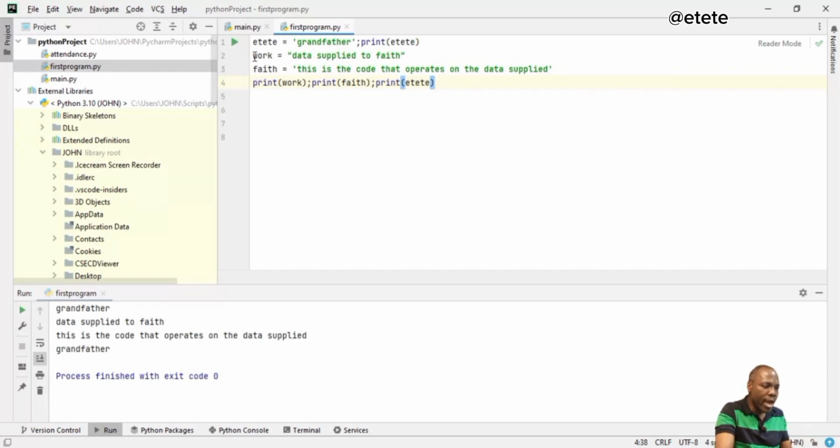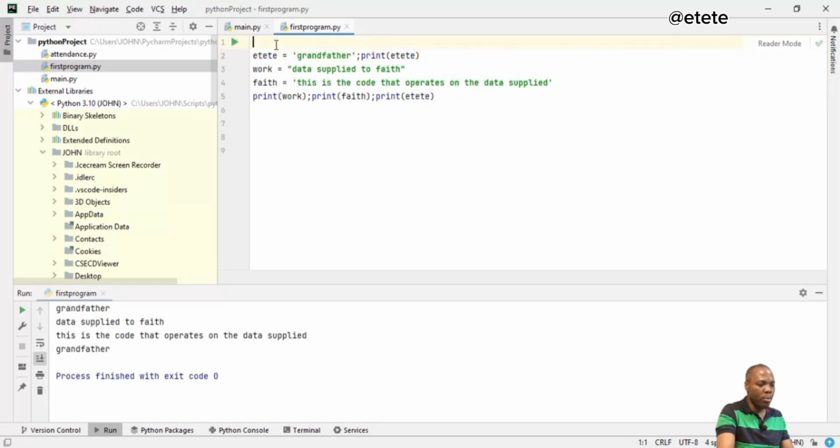I can come here and comment this work. I can come here and put this hash. So the moment I put hash, you can see that this has changed. Automatically, the Python interpreter will know that this is a comment and it's not going to do anything. So I can remove this and then I can come down here. So let's just bring this down. And I can put a comment here